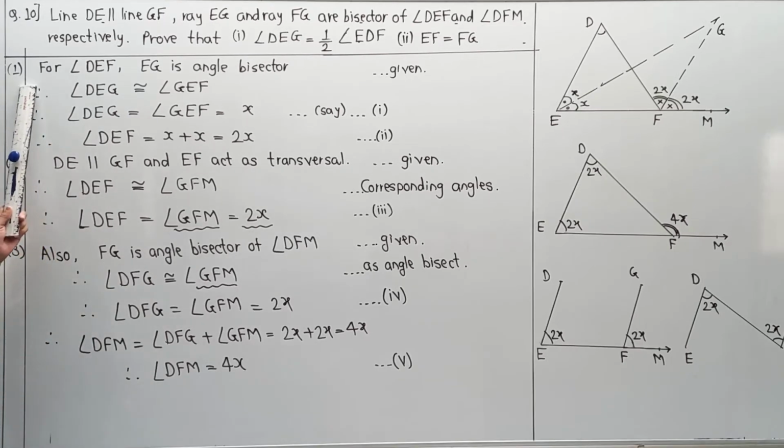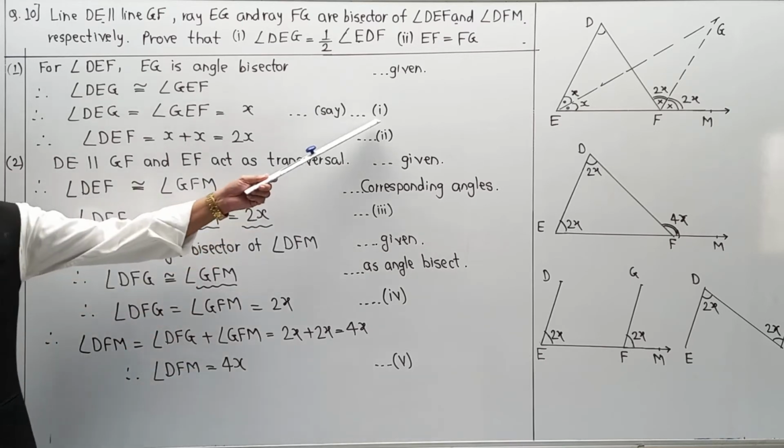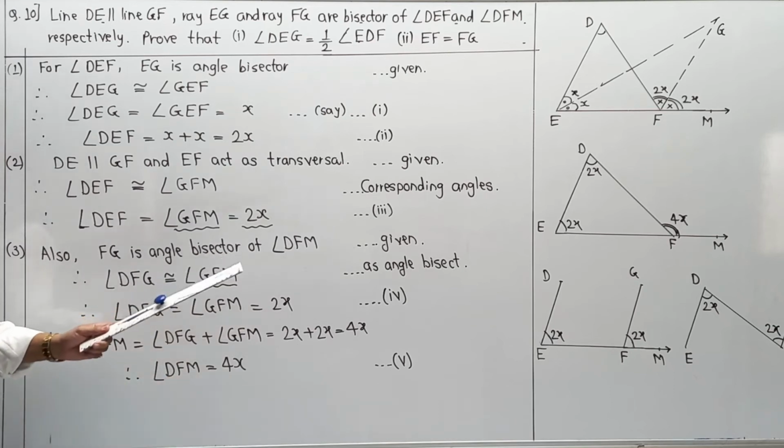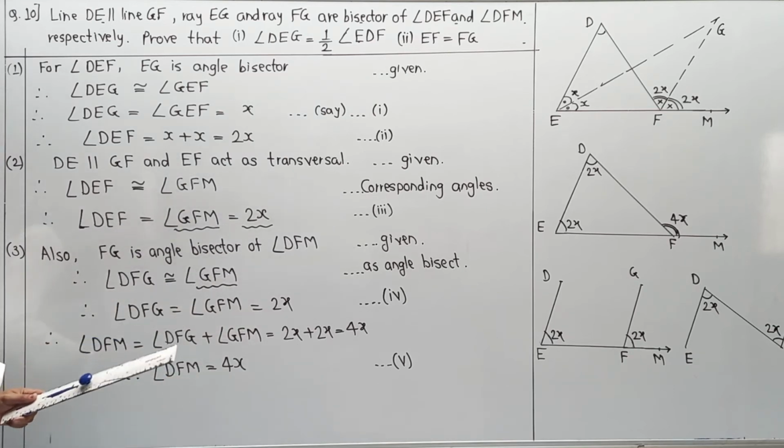Now, here I have written group number 1, group number 2, group number 3, or in equations we can see 1, 2, 3, 4, 5. I am going to use all the references for the next part. So please write the first portion and then continue with the second portion.